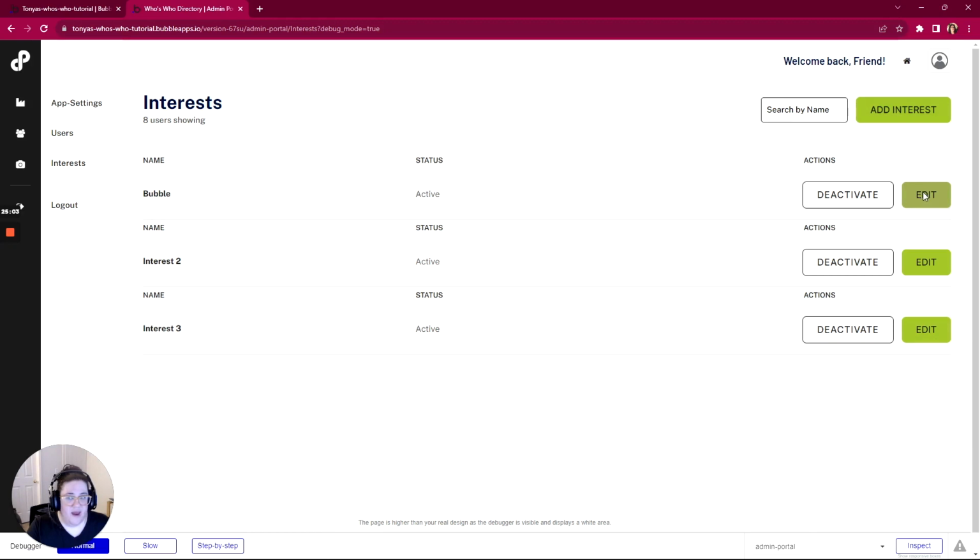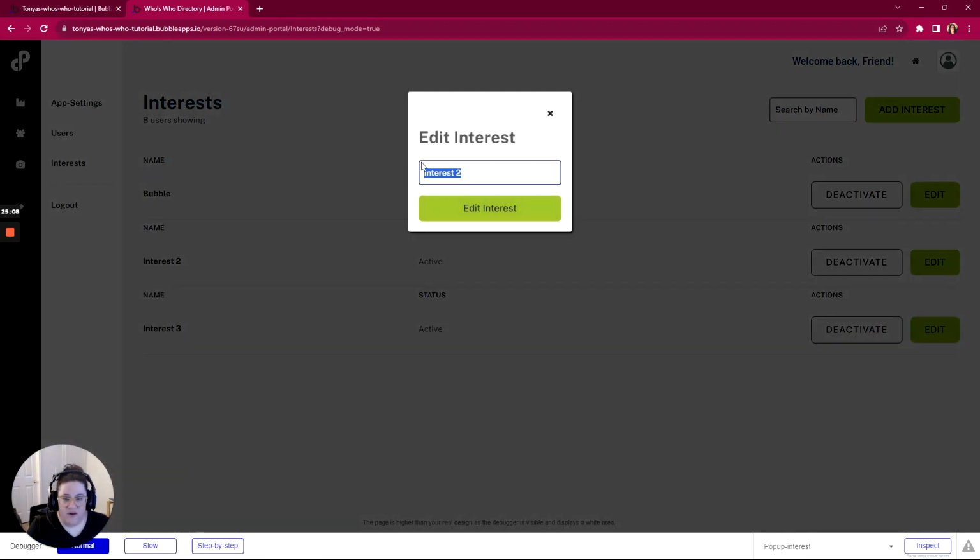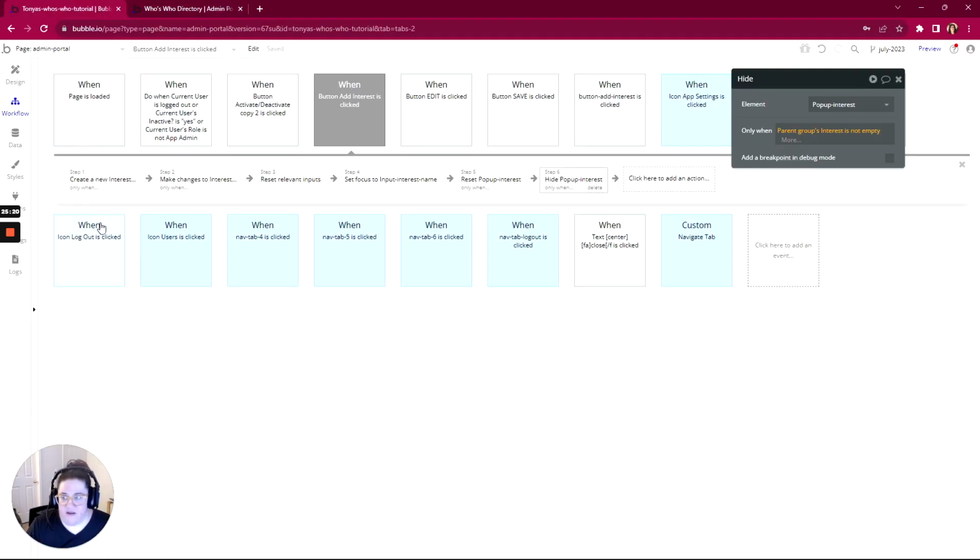So I'm going to click edit. And actually, I'll click edit on the second one, and we'll say modify and click edit interest, and it didn't work as expected. Having things not work as expected is part and parcel of developing anywhere, but also in Bubble. So we reset the relevant input here